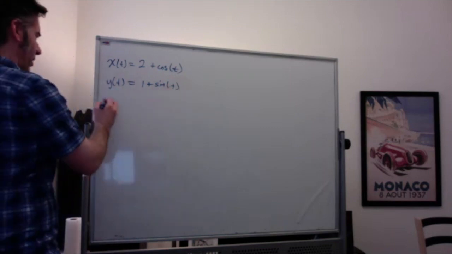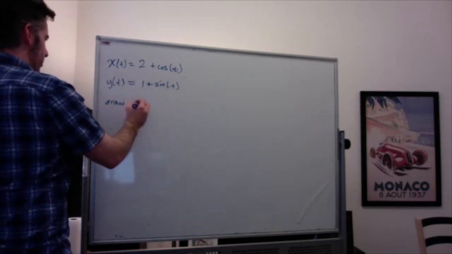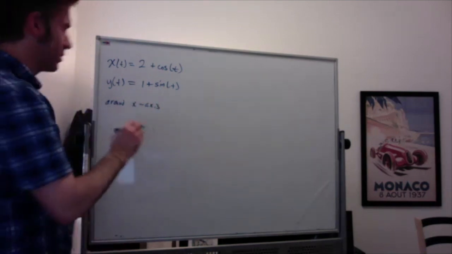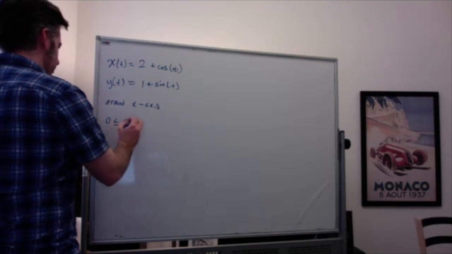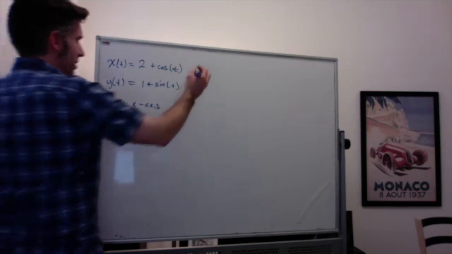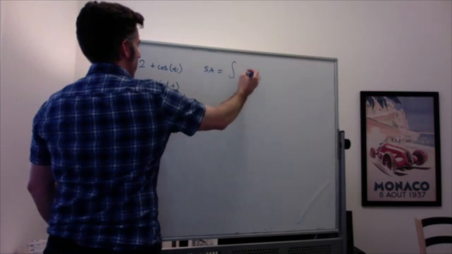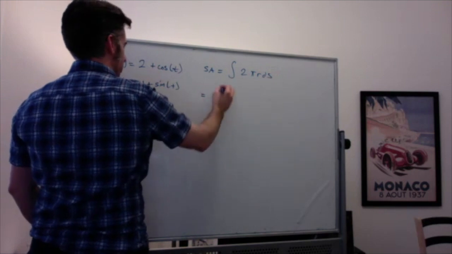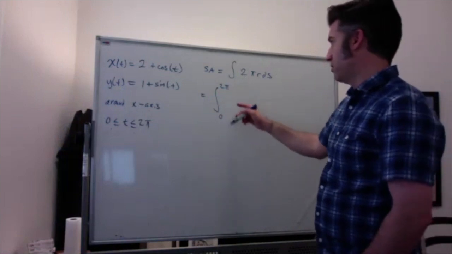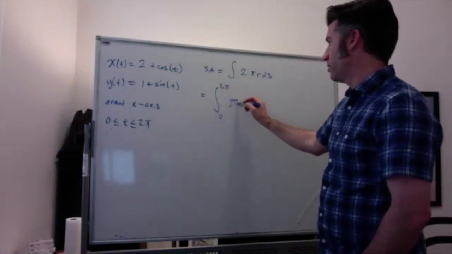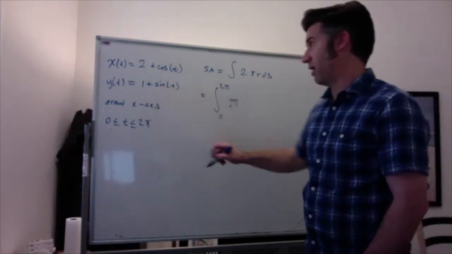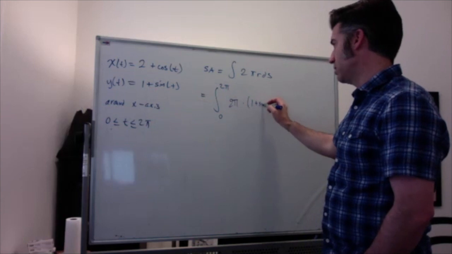So we're going around the x-axis, and we are going from 0 to 2 pi. And we're asking for the surface area. So again, surface area is the integral of 2 pi r ds. That's going to be the integral from 0 to 2 pi of 2 pi times my radius, which is my y value, which is the y function, so 1 plus sine of t,